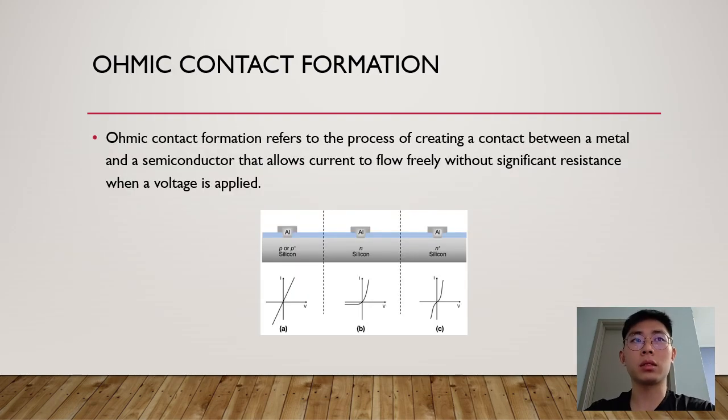So there are three critical reliability problems to solve for a reliable M1 connection, to make proper electric contact to the source and drain. The first one is the ohmic contact formation. Ohmic contact formation involves creating a low resistance, non-rectifying junction between a metal and a semiconductor by reducing the Schottky barrier. This is achieved through methods like high doping of the semiconductor surface, surface preparation and cleaning, and post-metallization annealing, which promotes the